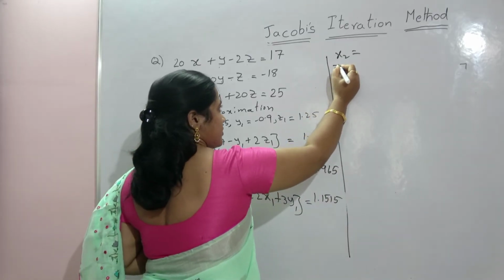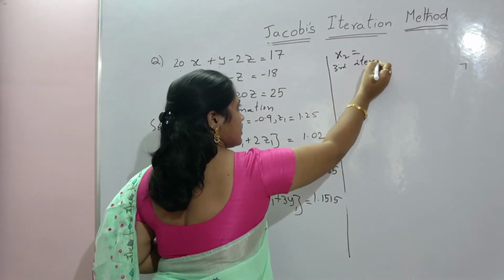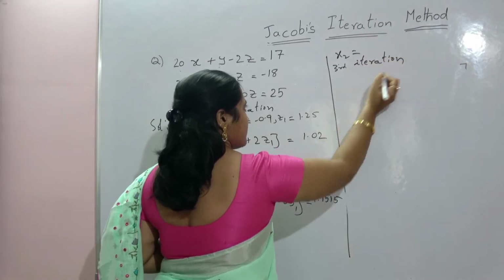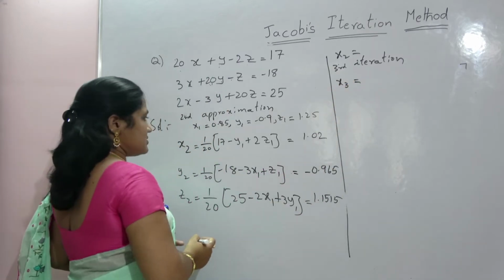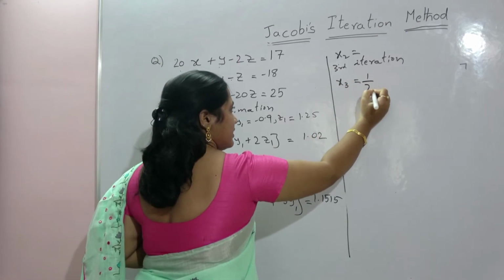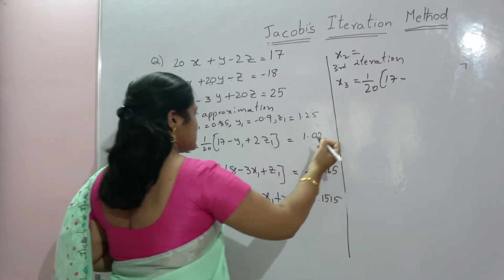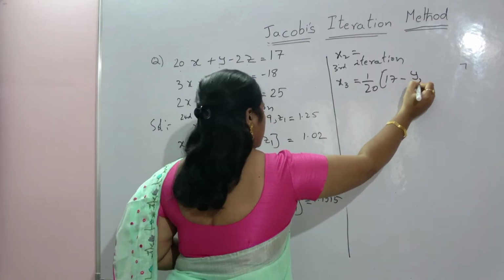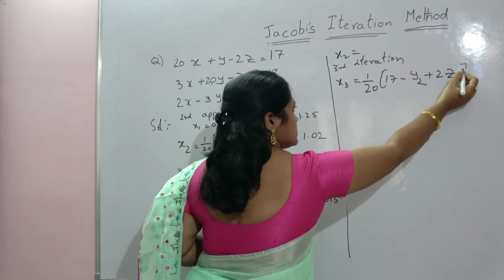So this is third approximation, third iteration. So first x3 is 1 by 20, 17 minus y2 plus 2 z2,